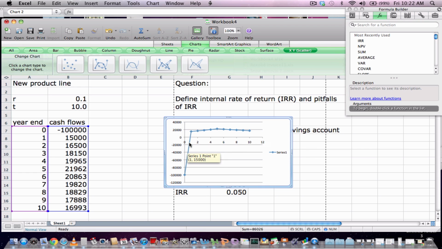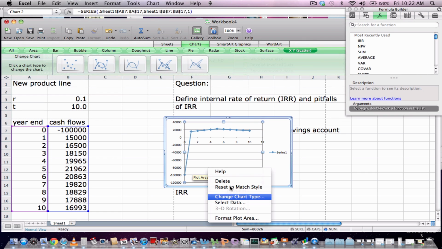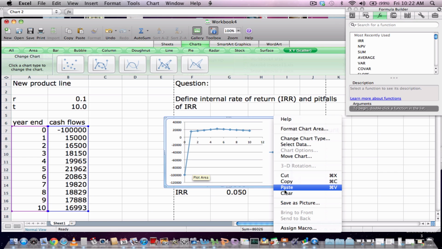So basically the internal rate of return function calculates where these 0 points are to get your internal rate of return. If these cash flows were to decline quite a bit more, we'd have another 0 over here. And this is why you have to put in an approximation, because there could be two answers. So often with fairly standard rates of return, I'll just put in 0.1 because I'm not expecting to get more than